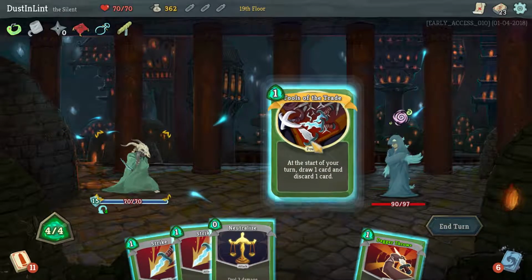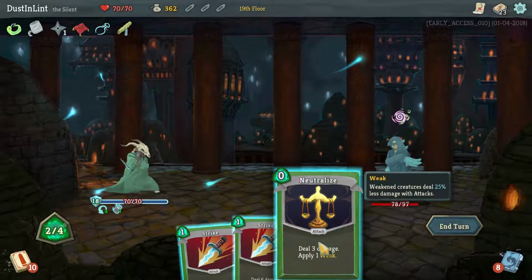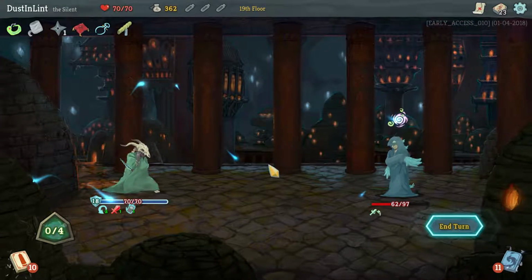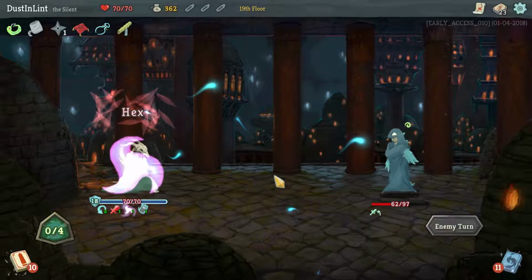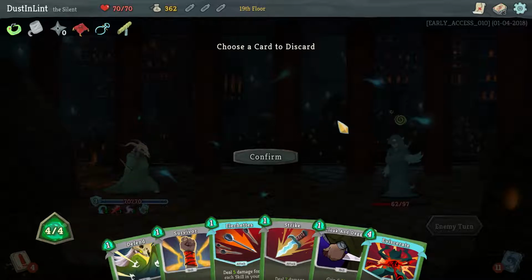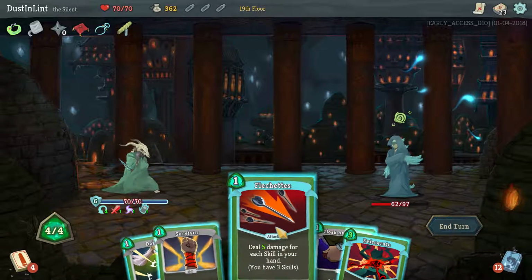Then we, Tools of the Trade. Do that. We don't need another regular old Strike. Do that, and do that. Yeah. We'll still have 3 block going into our next turn. Suffer. You are now hexed. Whenever you play a non-attack card, you will take extraordinary damage. Definitely get rid of just regular old Strike, I think. You will...